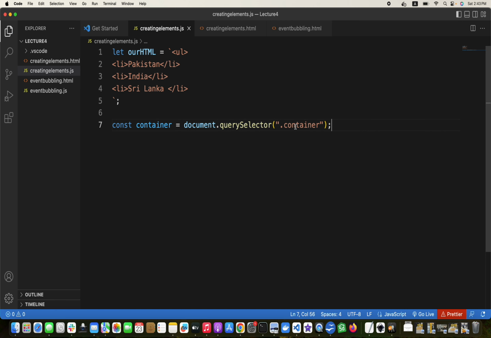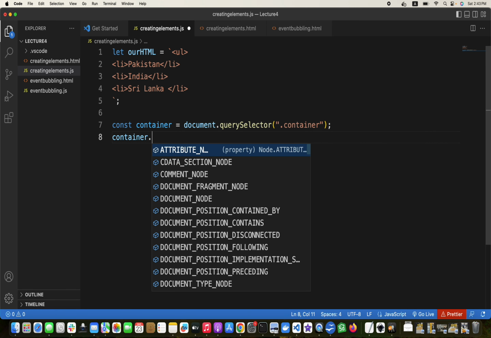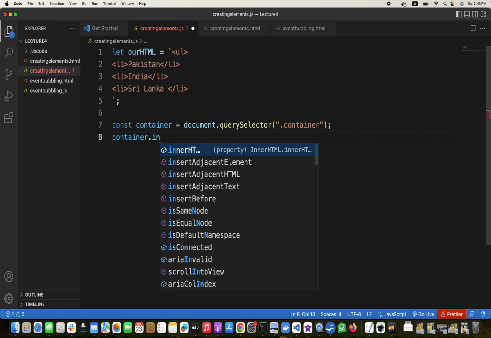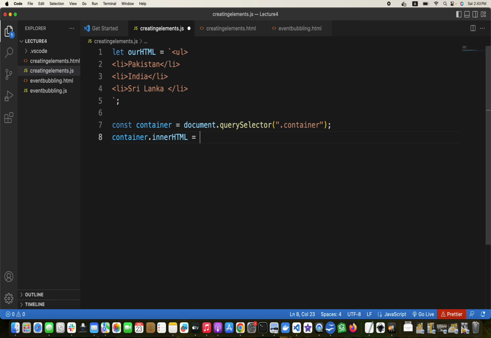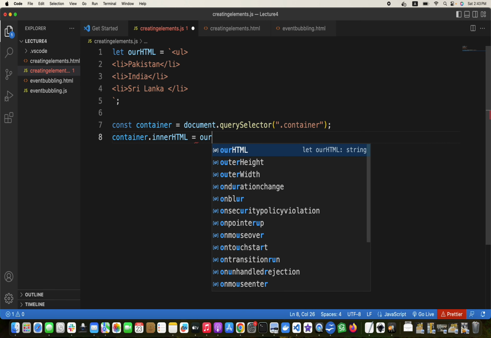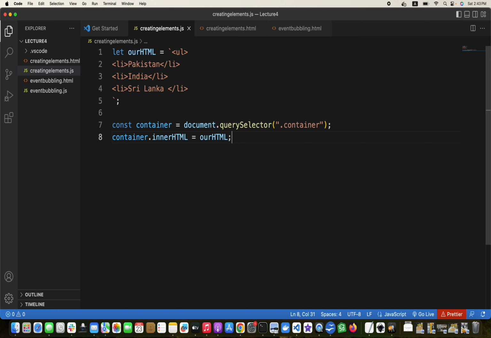So container is this dot container div, and we want to assign this HTML to that. Previously we did the appendChild method. Now we can do container.innerHTML, and this is an assignment, equal to HTML. So this HTML gets assigned to the innerHTML of container with this property. That's it. So if we check it,